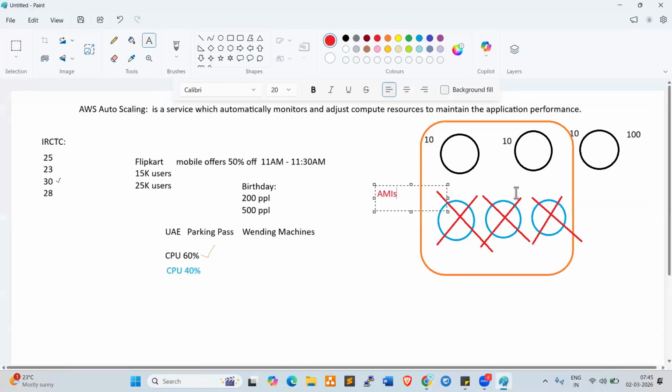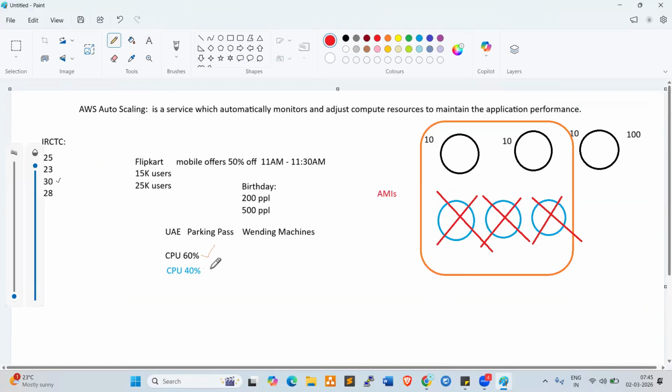So whenever utilization is less than 40%, whatever additional servers were added here will be removed. But base servers will not be removed. These are the fixed servers to maintain the application, so in normal times also they maintain it. That is why they will not be changed. Additional servers will be added and removed whenever needed. This is a very core, very advanced service. While working on auto scaling,